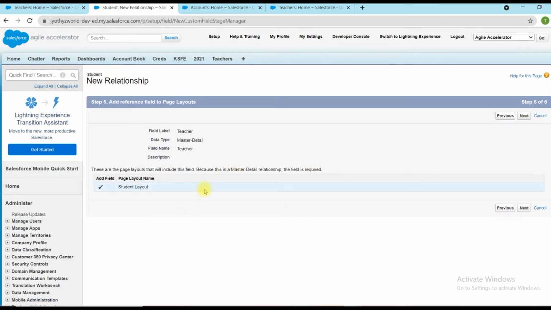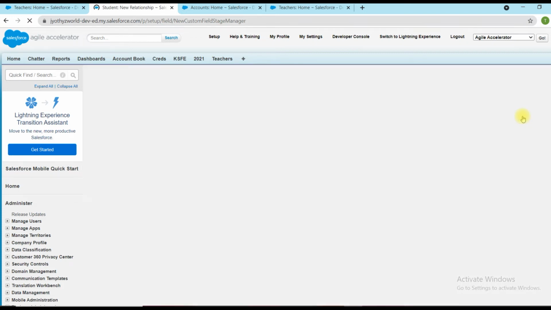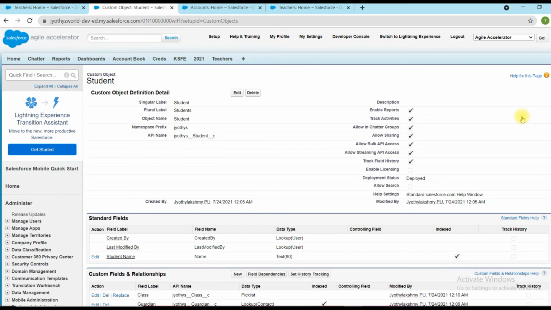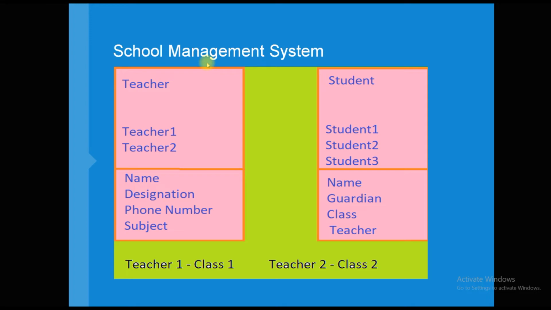Here it should be available on the page layout, that's why it's checked. Okay, so our two objects are ready, the teacher object and the student object, with the required information.